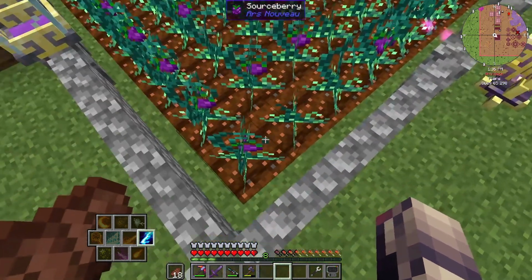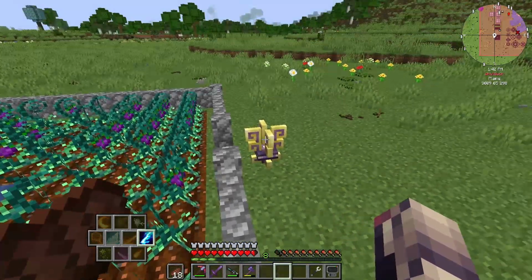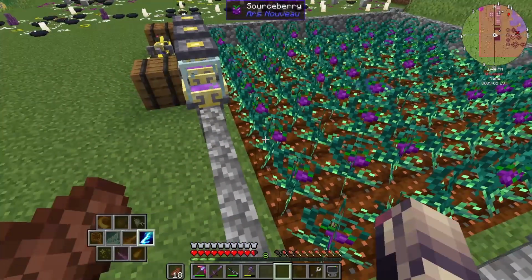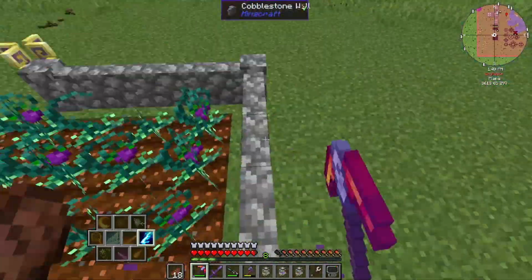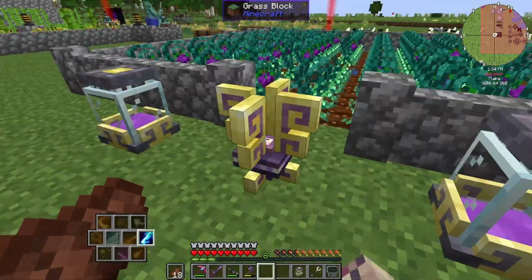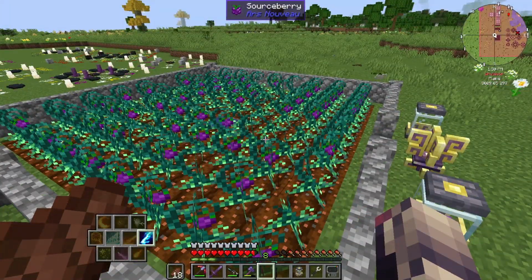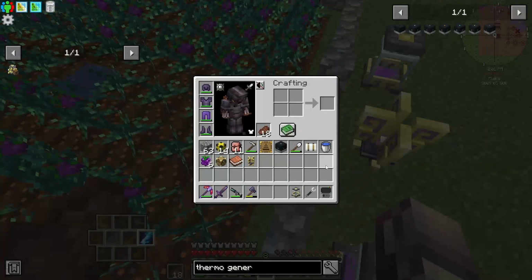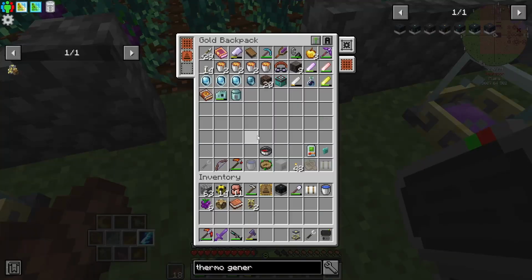I don't know if red fertilizer increases the rate of sending source, but overall I have seen quite an increase in the amount of source we're sending using the current setup. I've just been watching this. Everything is basically grown besides one row, and right now it looks like it's doing pretty well. So real quick, what I want to do,